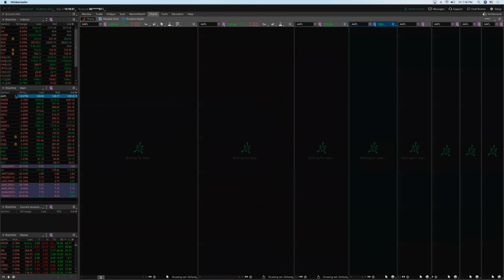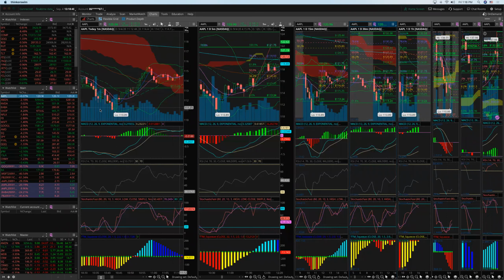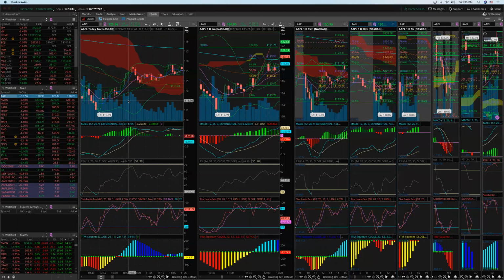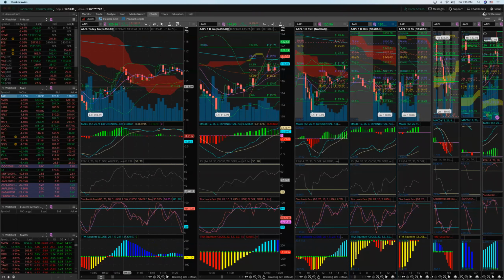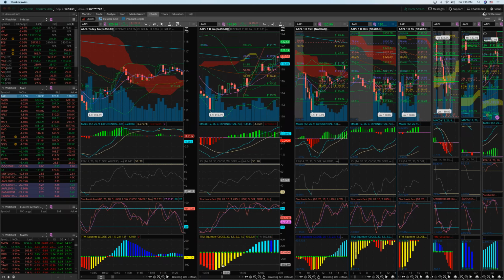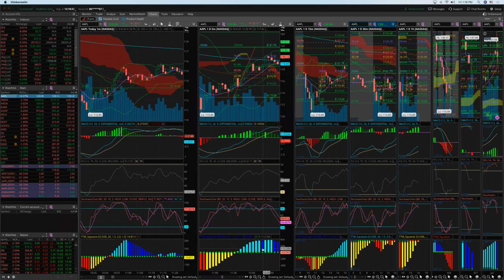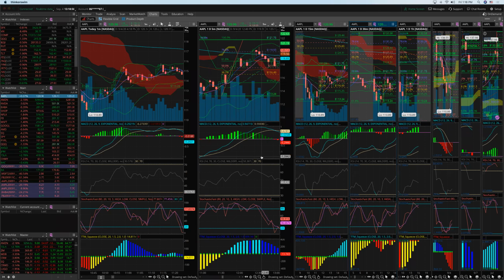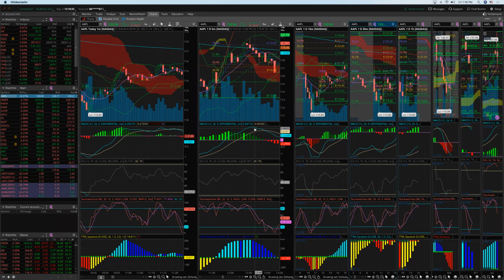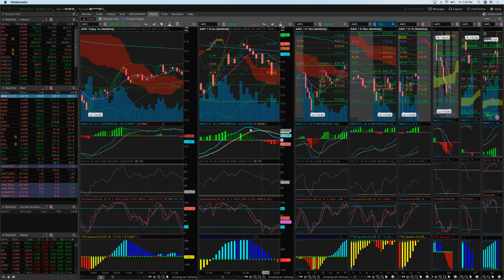So anyway, just gonna go one by one through the names. Apple resisted here. I grabbed the calls here and played, in and out quick. I mean, you could hold on, but if you just notice in the 5-minute, when it came yellow, it's a good safe spot. Always hold it until you see a dark blue on the TTM squeeze, or you can hold it until you get a dead cross on MACD on the 5-minute. Okay. So how do you know that? You see the MACD on Apple didn't dead cross until it got here and the curve turned down on the 5-minute. Even if it went down here, it was good to lock it here.